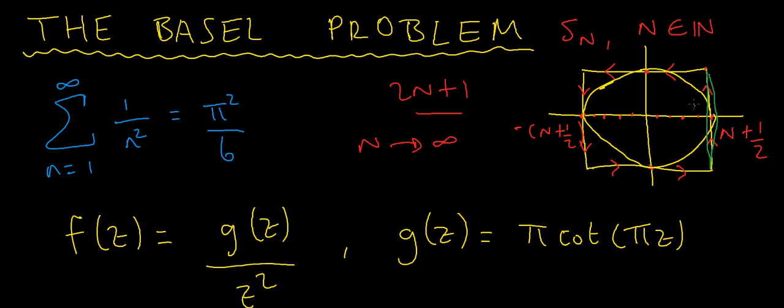And what's the parameterization of that line? Well, it's going to be of the form z equals n plus a half plus iy, right? It's n plus a half because I'm staying fixed at this real number. I'm not moving in the horizontal direction or along the real axis. I'm staying right here, plus i times y. So I want y to vary between these 2 points, which are basically n plus a half and minus n plus a half. So in other words, the parameterization,